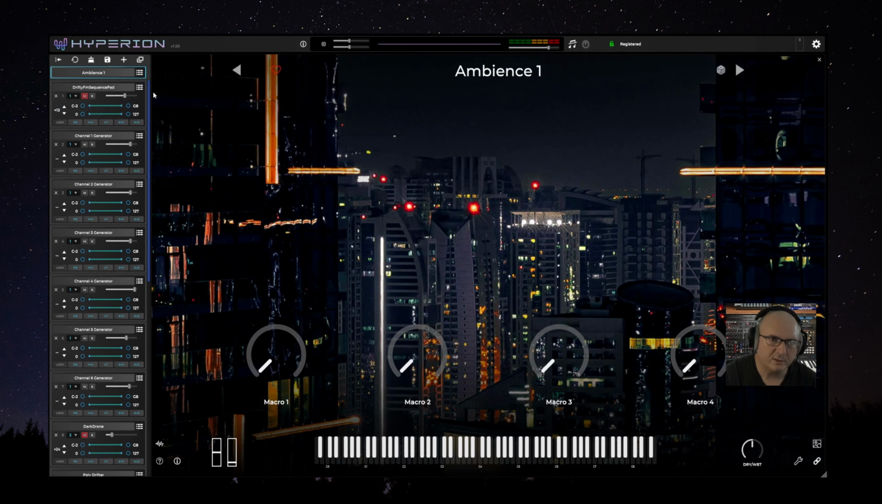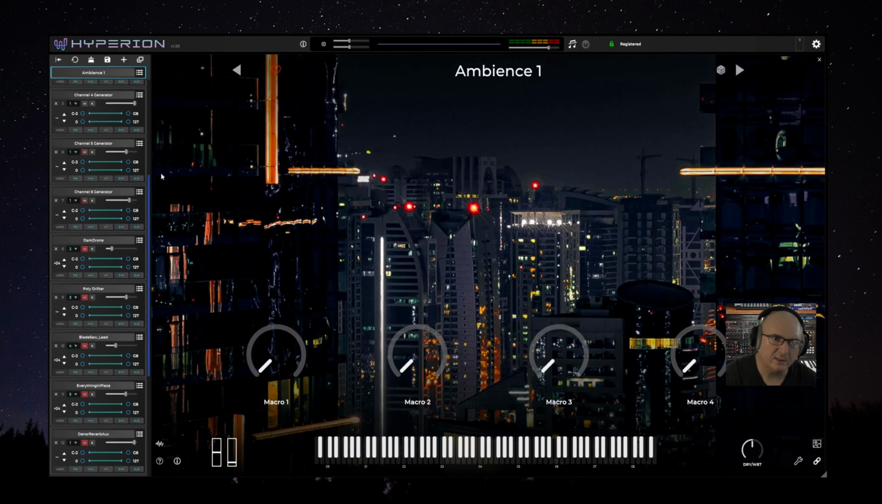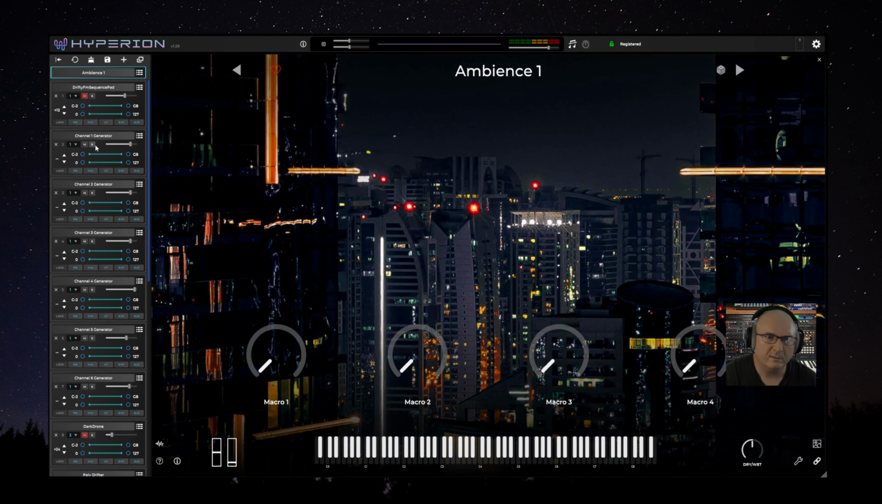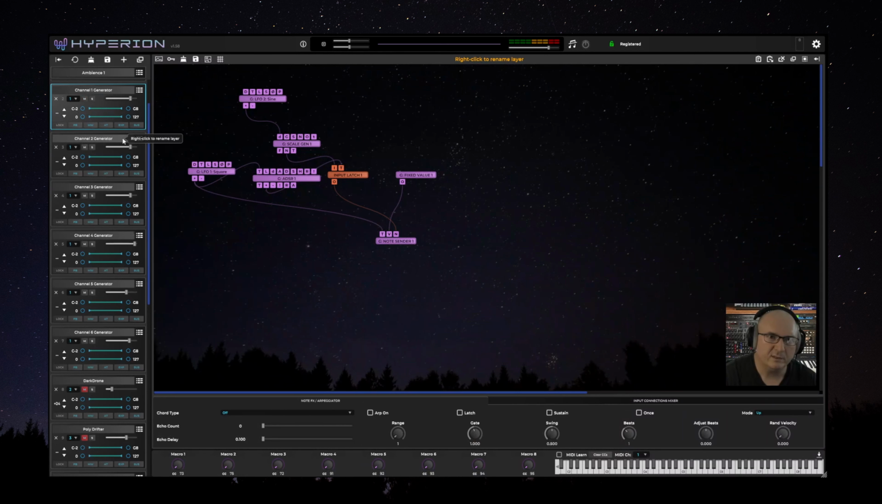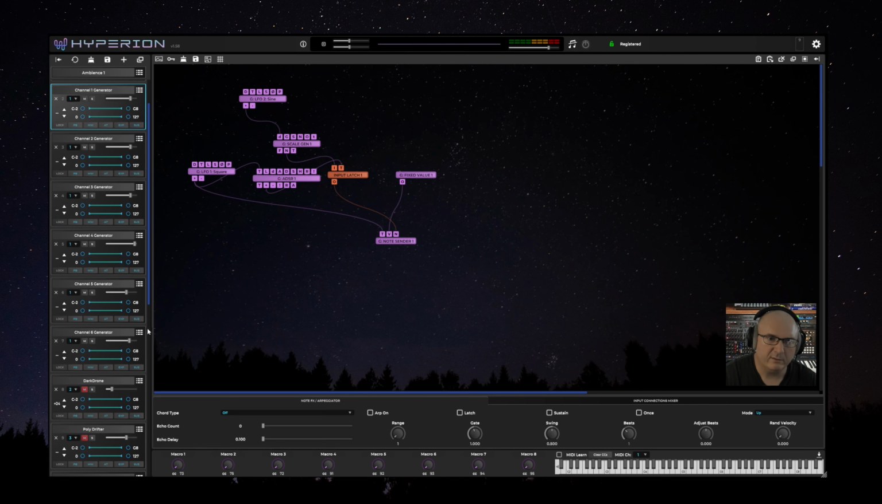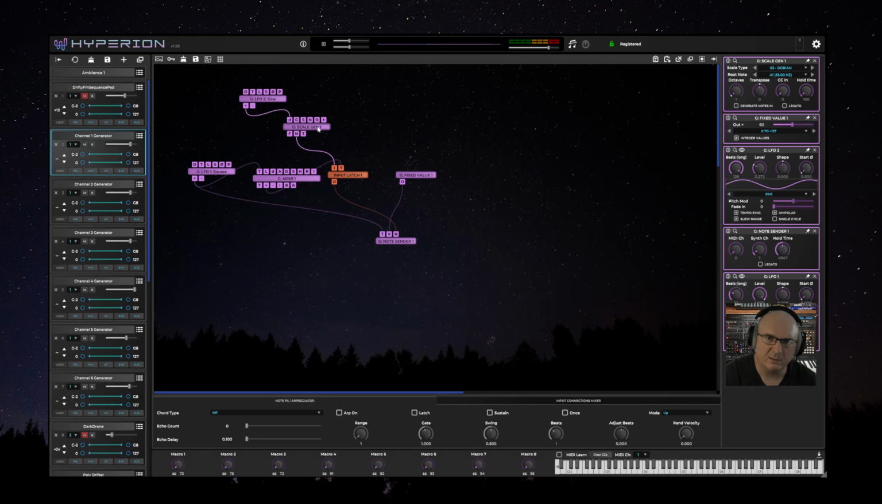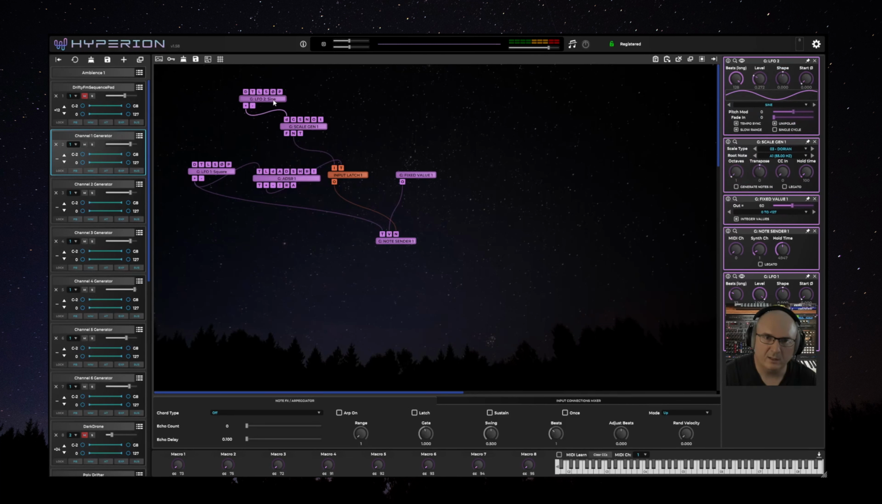So this patch uses quite a lot of layers, as you can see. In fact, it uses all 16 layers, and it's driven by these different generator patches. There are 6 generators, and each generator is using a scale mapping or scale generating node, and each of those are having their data input pin modulated very slowly by a long LFO,